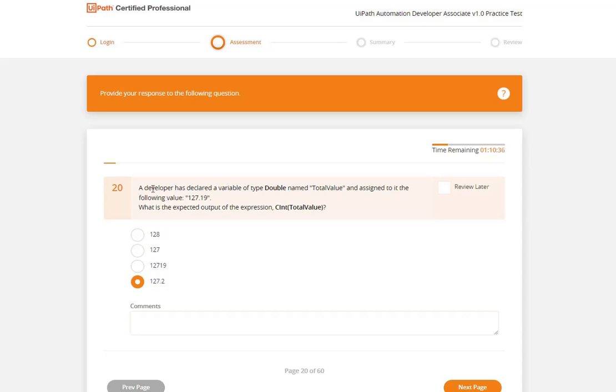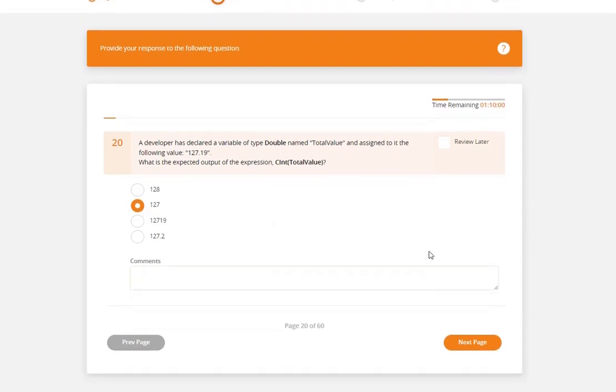Okay, but here is the catch. See, if you read the second last one, what is the expected output of the expression? Total value is a double, but they are converting it into a different data type. They are converting this double to integer, putting in a cast, a data type conversion. So what will happen? Even though it is a double, when it converts to integer, it will print only the integer output. So the answer might be 127. Yeah, I think this is the correct answer. I'll go with 127. Yeah. The next,